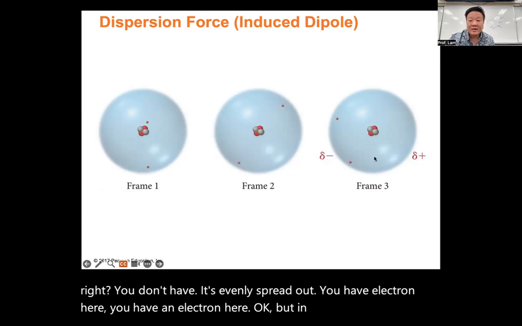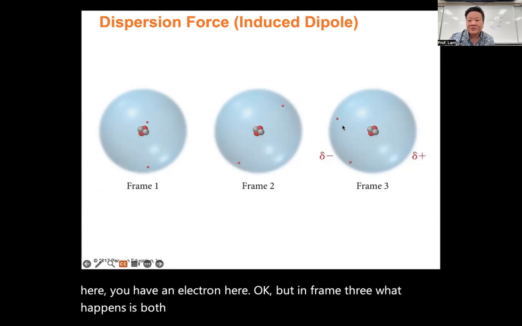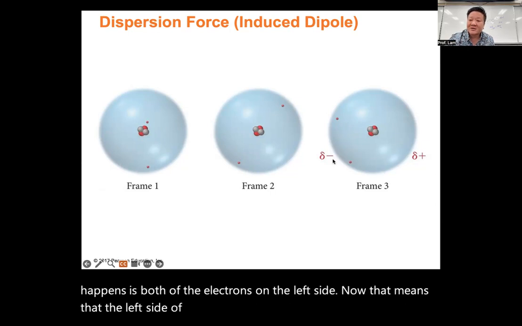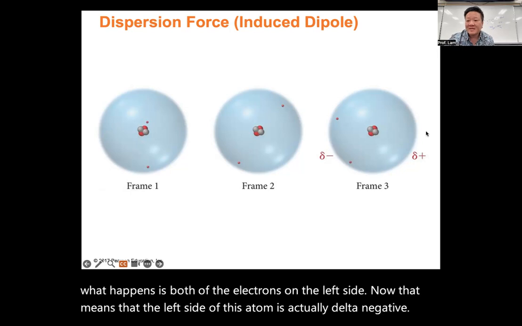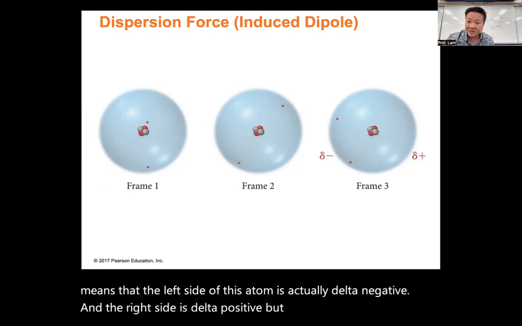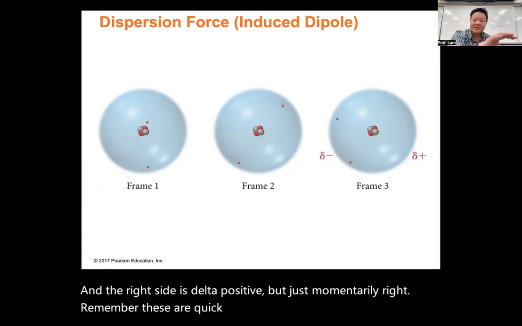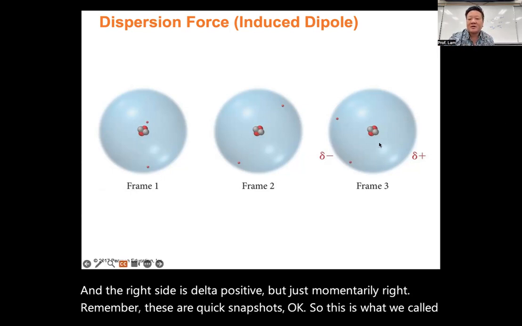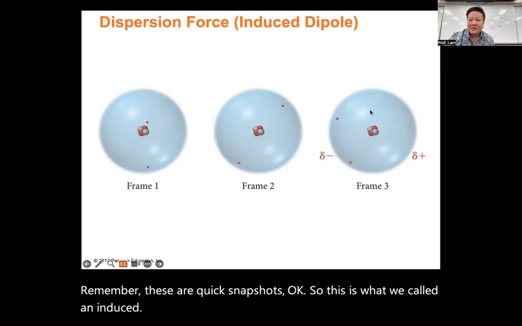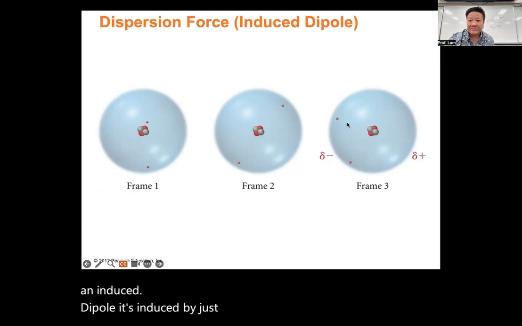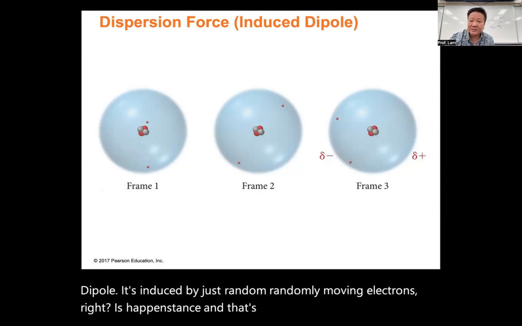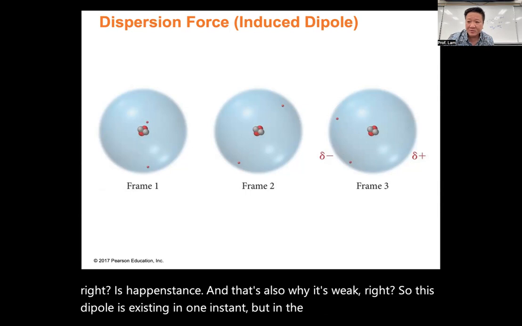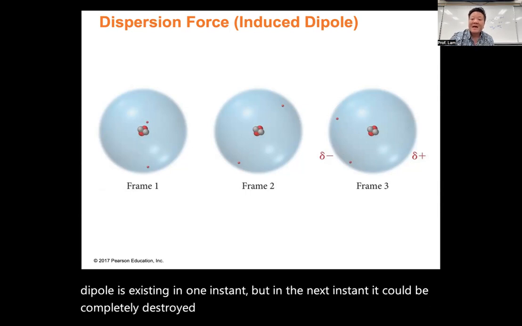But in frame 3, what happens is both of the electrons are on the left side now. That means that the left side of this atom is actually delta negative, and the right side is delta positive, but just momentarily, right? Remember, these are quick snapshots, okay? So this is what we call an induced dipole. It's induced by just randomly moving electrons, right? It's happenstance. And that's also why it's weak, right? So this dipole is existing in one instant, but in the next instant, it could be completely destroyed, right? However,